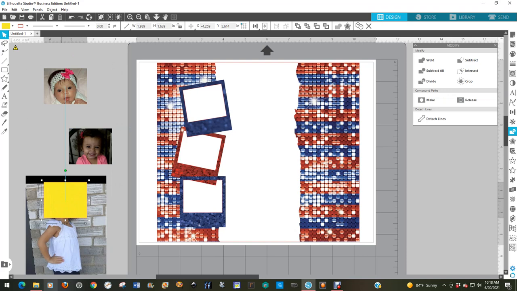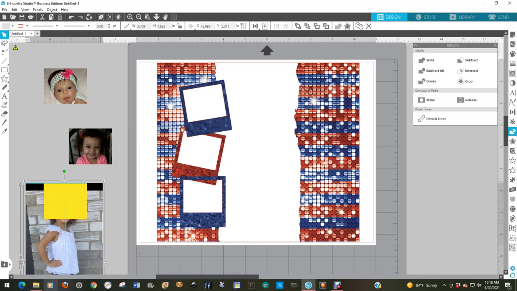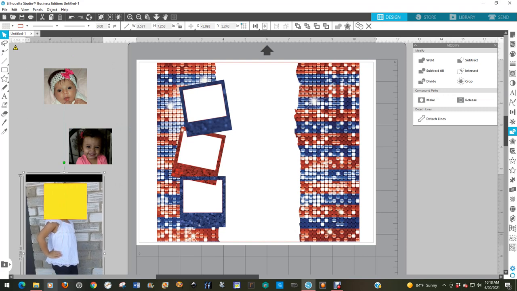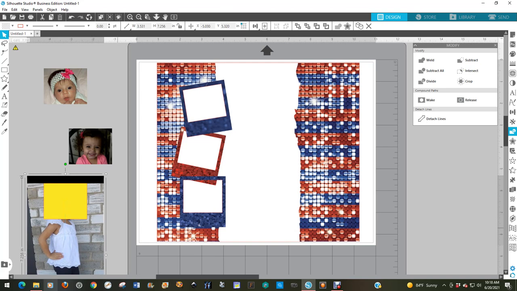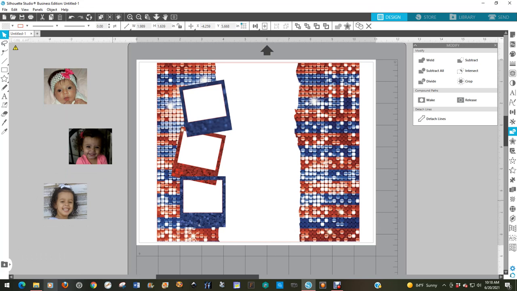Now this one, I want a little bit bigger of her face only. So again, I'm going to drag this over, and now I need to go down just a little bit. Bring it up into place. And then I'm going to go ahead and drag over on these two and crop. Okay, so now I've got my 3 photos. So now what I want to do is put this one at the very top. So I drag it over to my first photo,